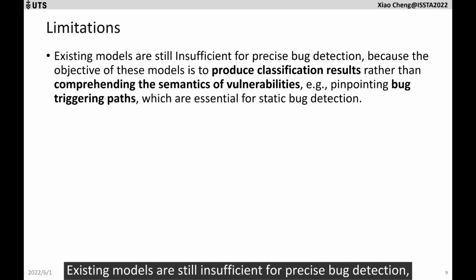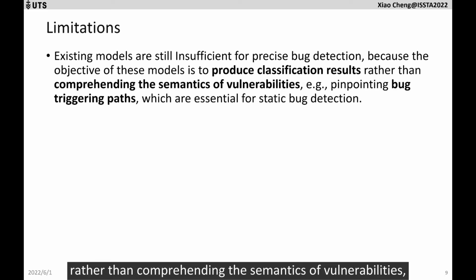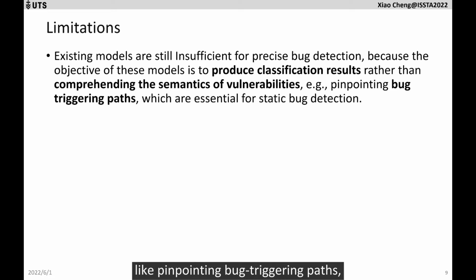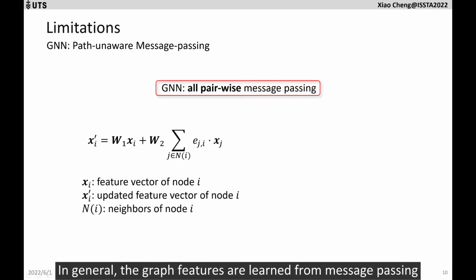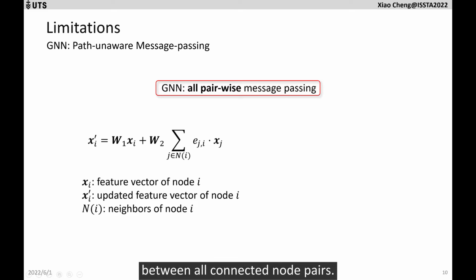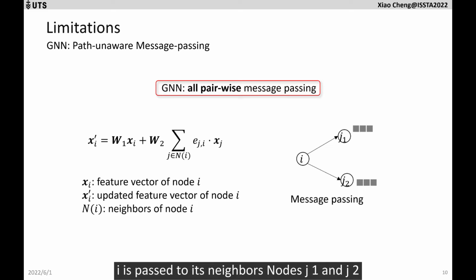Existing models are still insufficient for precise bug detection because the objective of these models is to produce classification results rather than comprehending the semantics of vulnerabilities, like pinpointing bug-triggering paths, which are essential for static bug detection. Let's take recent advanced graph-based approaches as an example. In general, the graph features are learned from message passing between all connected node pairs. For example, the feature vector or message of node i is passed to its neighbors, nodes j1 and j2, through